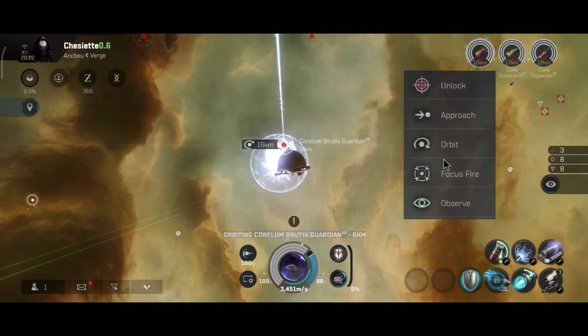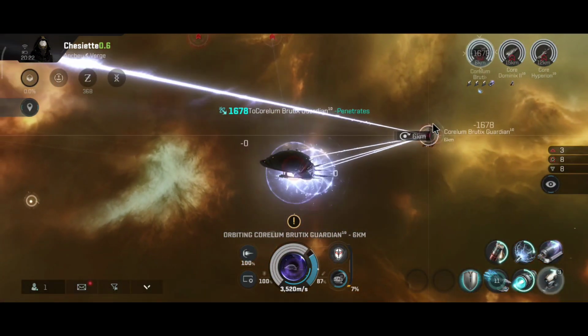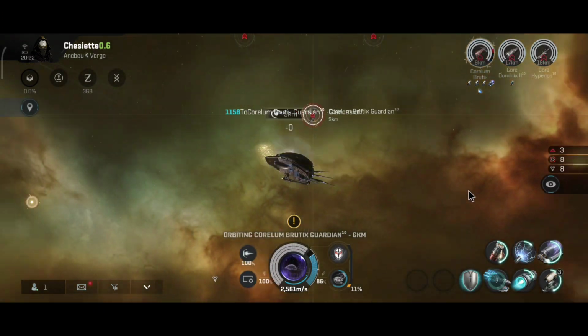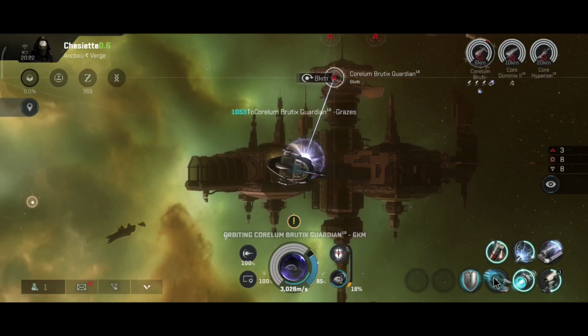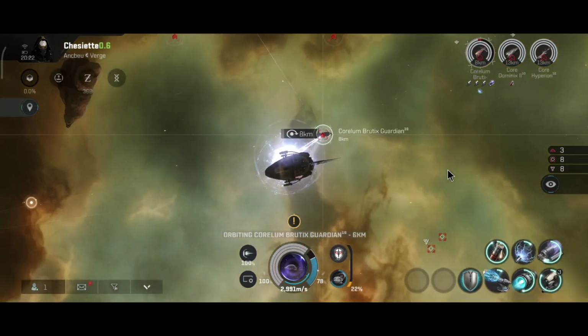So yeah, always a risk that you encounter a rattlesnake like that, so always be very careful when engaging a drone boat. Now for missions, the Succubus is actually really good. Now I think I made a little mistake. I should have